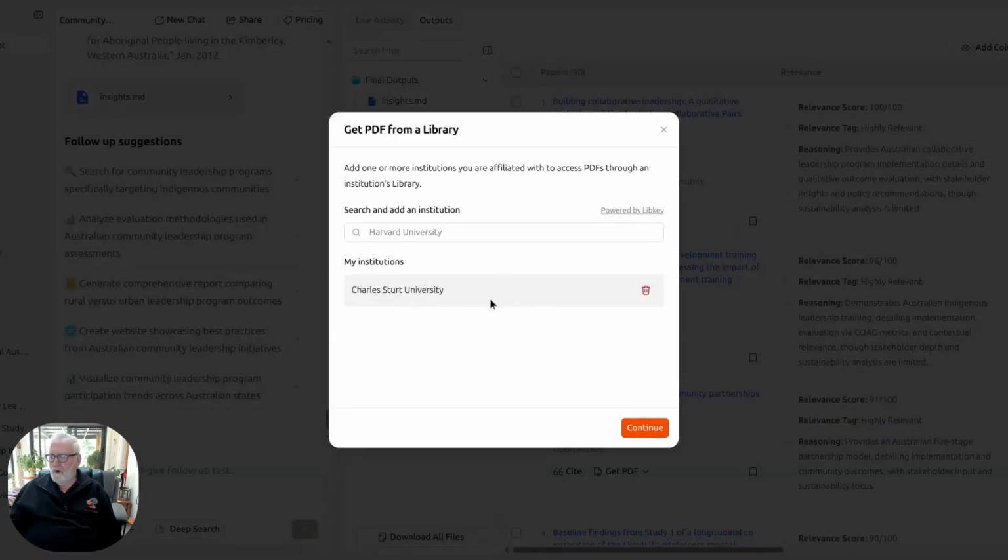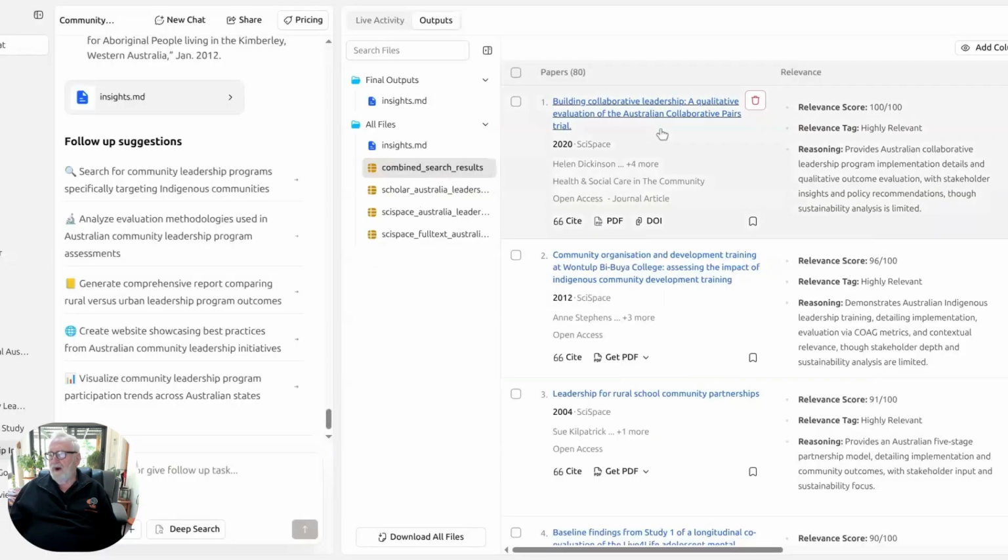I won't bother doing mine because I'm between universities at the moment, so I don't have any access here. So we'll close that, but that's what you can do with the library key,